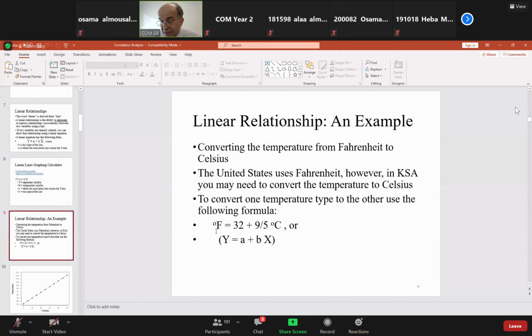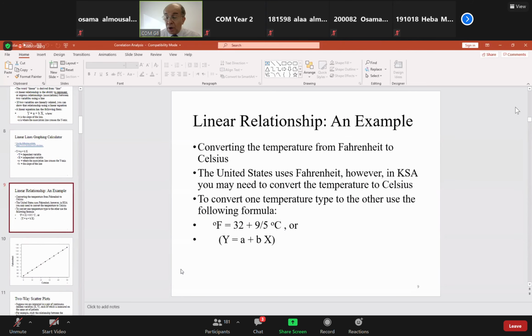in Fahrenheit. You know that Fahrenheit is a British system, it is used in the United States and in the United Kingdom. Celsius is used in the Middle East and Europe. So if you want to convert between these two, you use the linear equation, okay? And we call these two variables, the Fahrenheit and Celsius, variables that are linearly correlated,